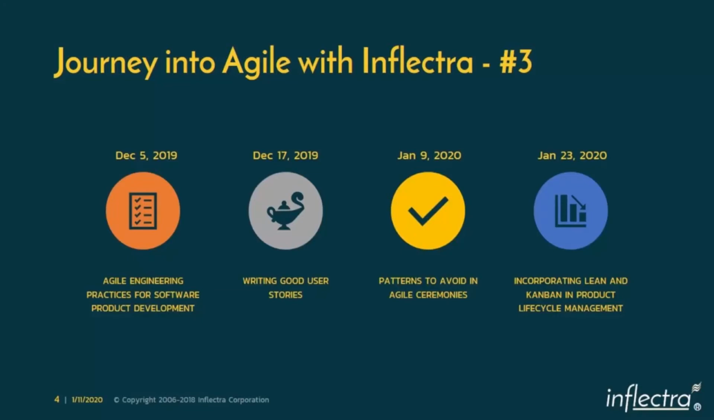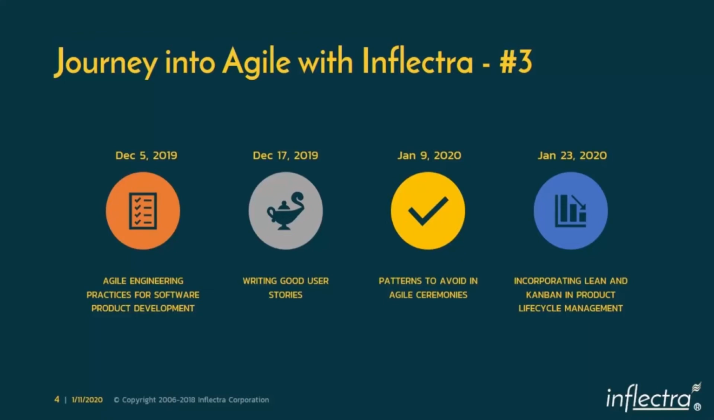And so far we have had agile engineering practices and writing good user stories towards the end of last year. And we are starting this year with patterns to avoid in Agile Ceremonies. And on January 23rd, we will be focusing on the last part of this webinar series, incorporating Lean and Kanban